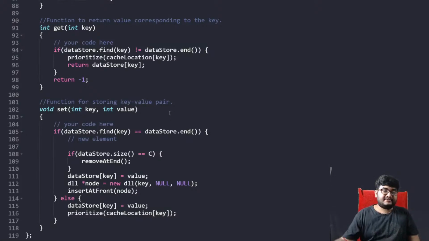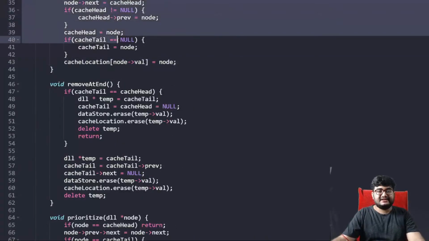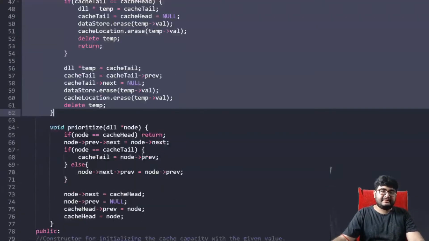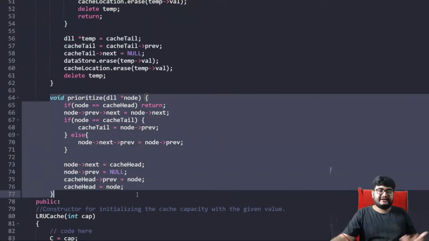So that's why, if you see, most of the functions are inserting in a double linked list, removing from the end in a double linked list, and prioritizing, that is moving an element to the front, moving a node to the front of the double linked list. So these are the methods,